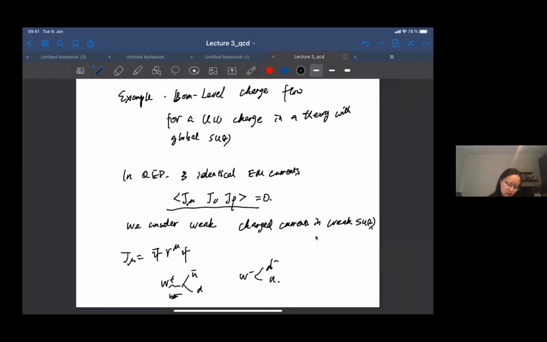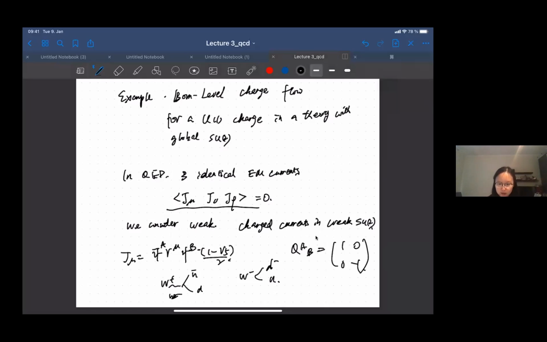You can add SU(2) indices to these fermions, and also a helicity projection. So this is no longer a vector current, it's a chiral current, and it also carries SU(2) indices. What we can do is choose a particular U(1) charge in this setup. For example, we can choose this isospin